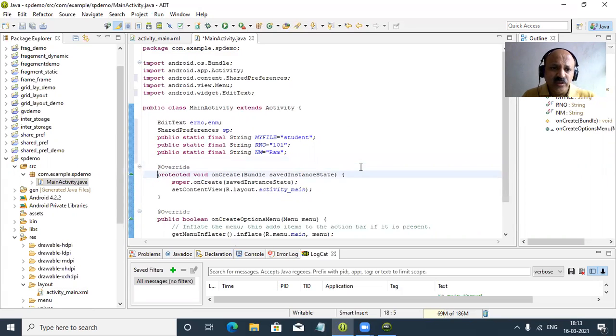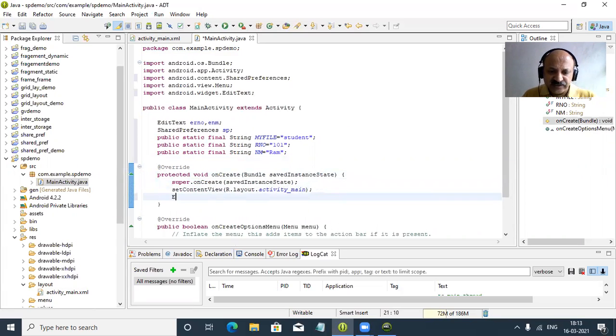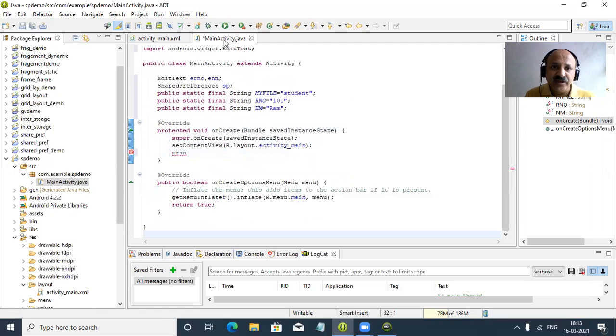Now what to do? Here we can take first ERNO, and caps lock is on. I went full screen so you can watch better.